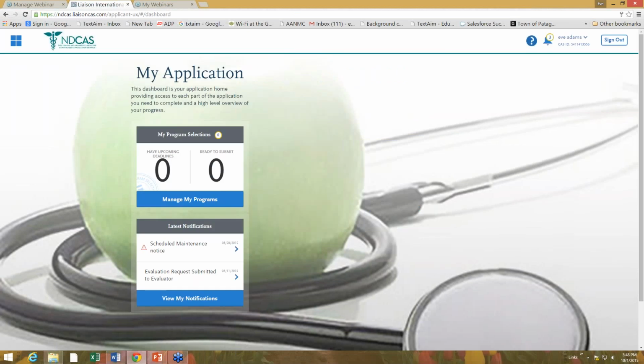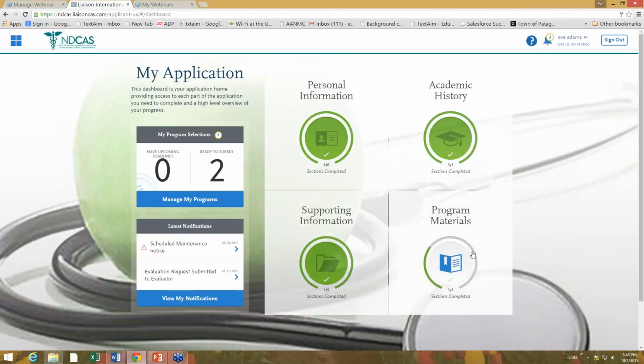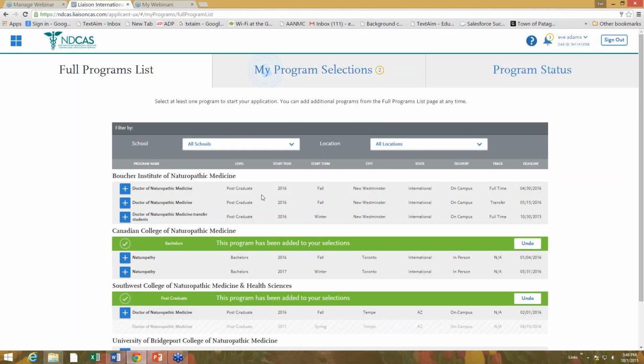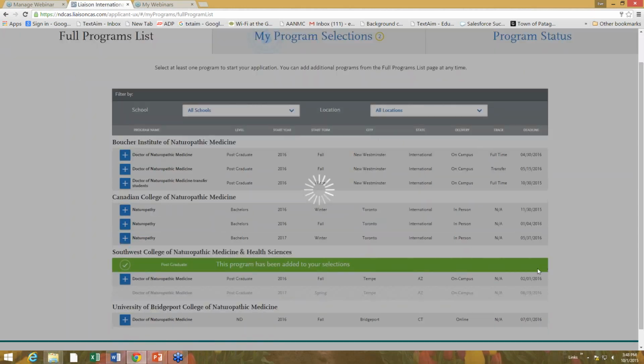So I'm going to just toggle to NDCAS and show you what I meant about the program materials. So actually, let me go to Manage My Programs. So here's the programs list. And you can see that here I selected,